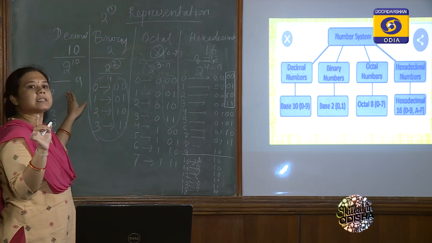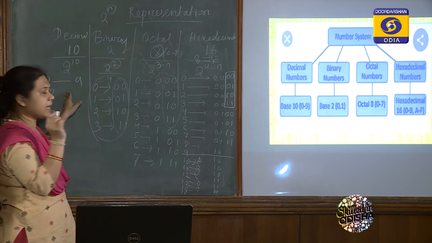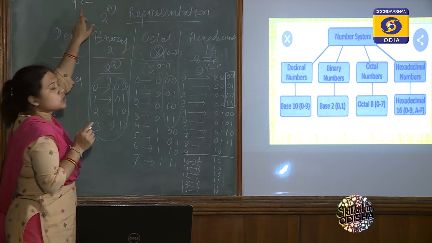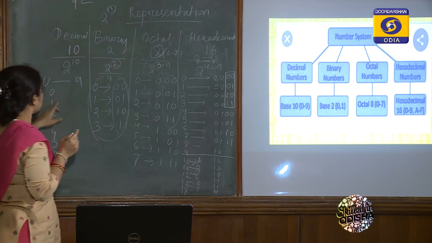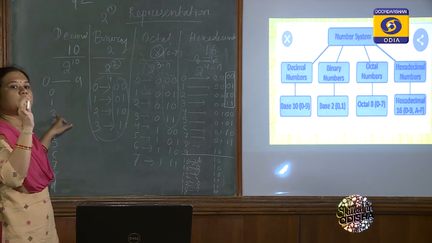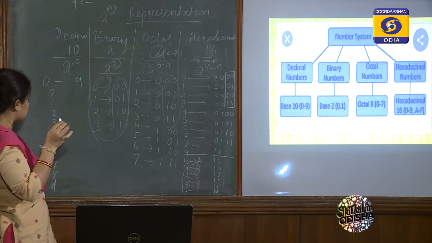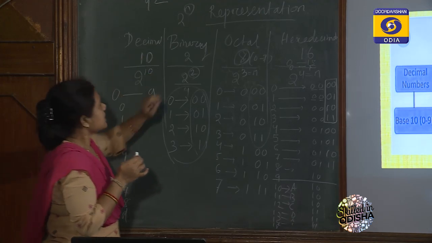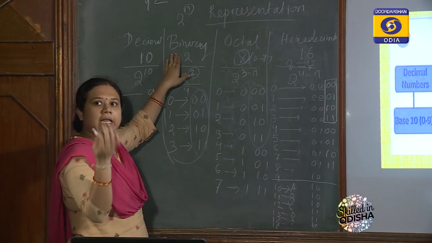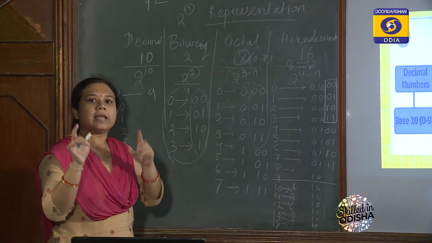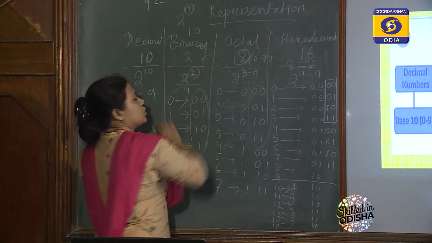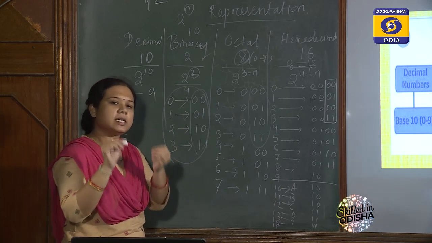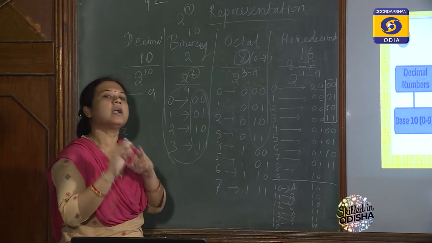Suppose we take one example in the decimal system. Suppose I take 92. So what are the digits present here? 9 and 2. 9 is present here, 2 is also present here. So the digits present in this number belong to these 10 digits which come under the decimal system. Similarly, suppose I represent any binary number. That should consist of 1 and 0. That means all the digits may be 1, all the digits may be 0. The digits present in that number system should be 1 or 0.